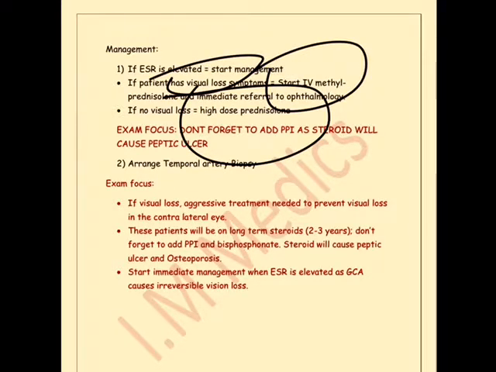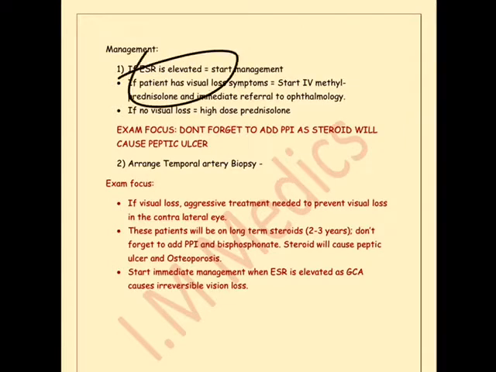Okay, exam focus is that this patient will be on steroids for long term. If they have GCA, it's for 2 to 3 years, and they need to be on PPI, because steroid will cause peptic ulcer. Steroid will cause osteoporosis. They should be on bisphosphonate because of osteoporosis. First thing you do, investigation, ESR. After that,